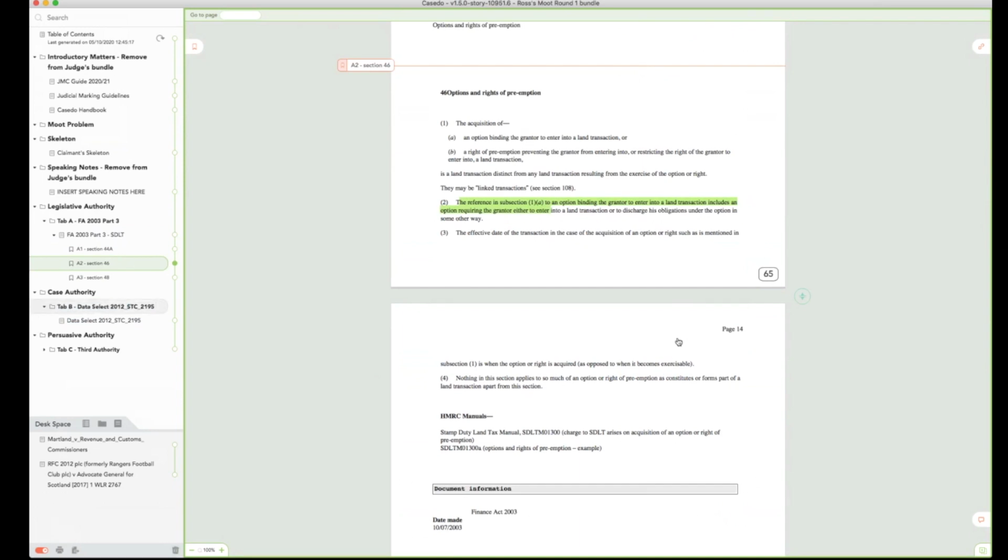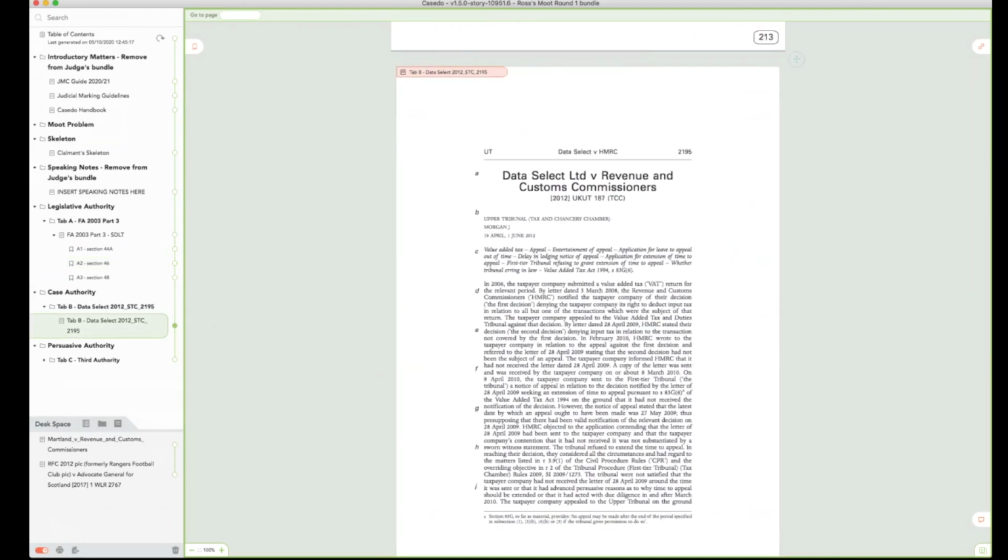You actually don't need these folders. The template project suggests you use folders for each authority, for each tab, as it were. I might be minded to put these outside and just call that tab B. That's up to you. But in the template, we've got them inside the folder, so I'll go with that now. And again, it's the same principle. You've got the case.